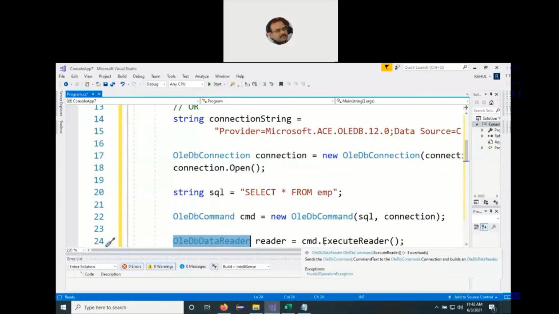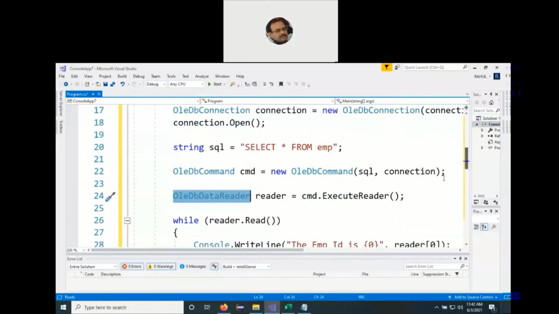So how do we get the information into the reader? We make a call to the ExecuteReader function of the OleDbCommand class. This will help us get the information about the multiple rows. It will fetch the records from the table of the database at the back end. It will come to the front end, and this is a logical container which is created in the front end, not in the back end. So let us say there are 25 records in the table of a database. 25 records will be fetched into the front end part. That is the programming language part.